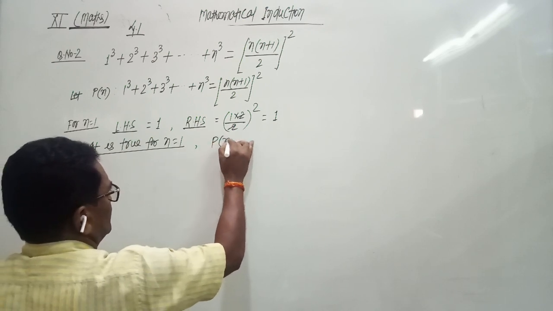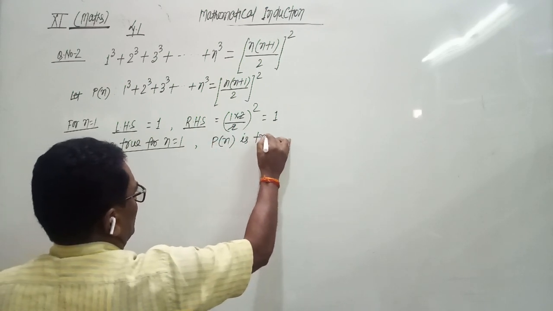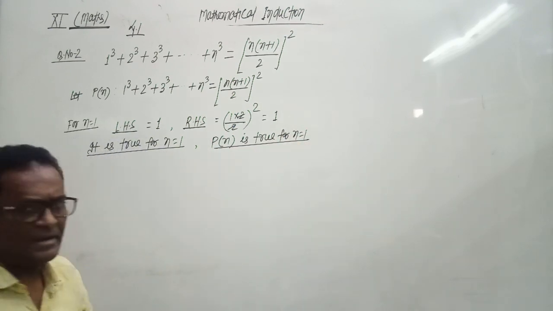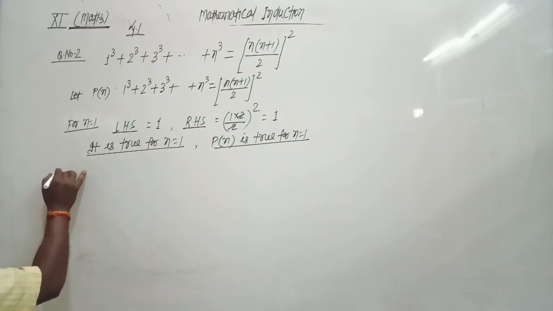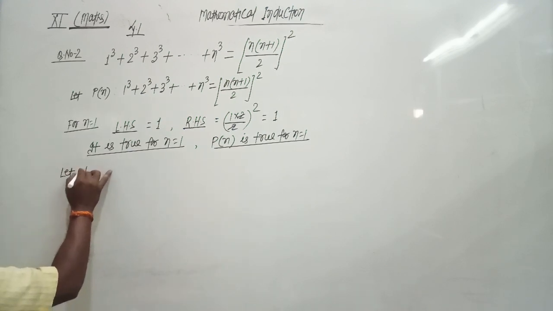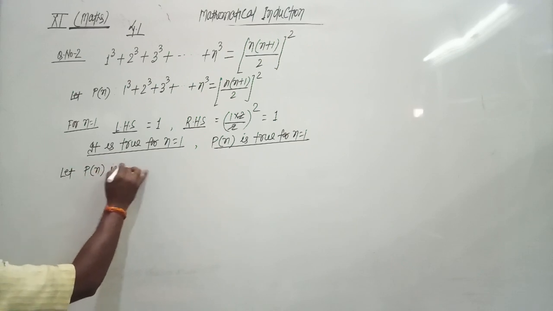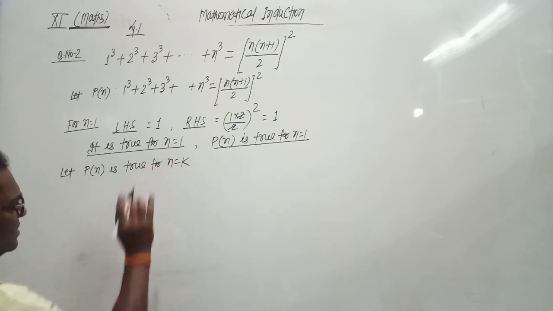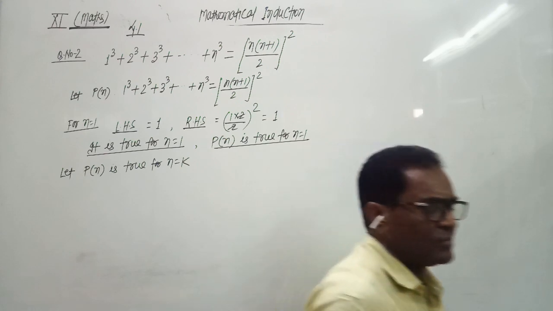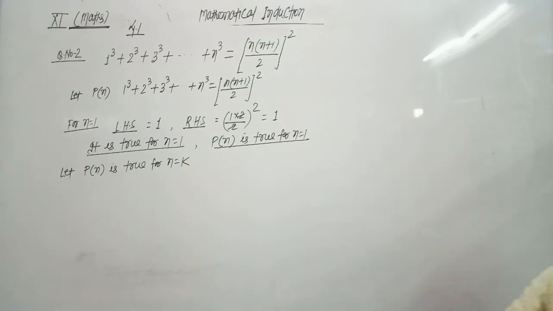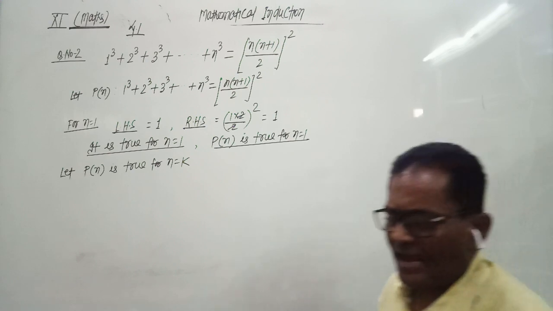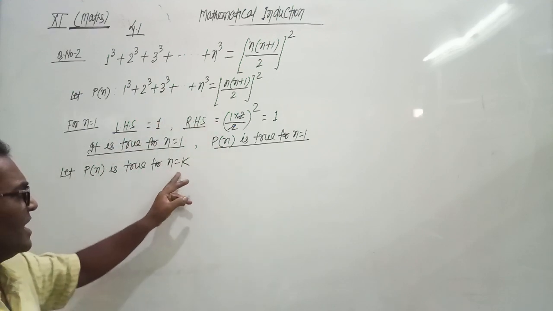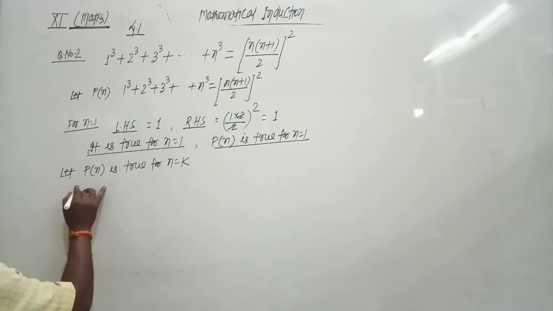Also we can write Pn is true for n equals 1. Then in the next step, we suppose Pn is true for n equals k, and we put k everywhere at the place of n. So it becomes